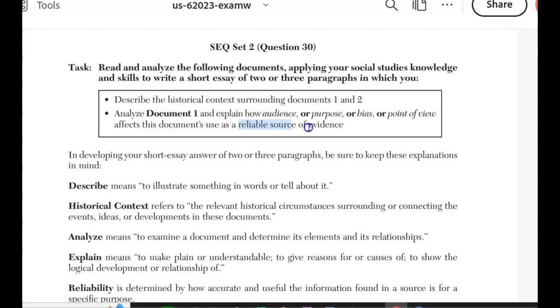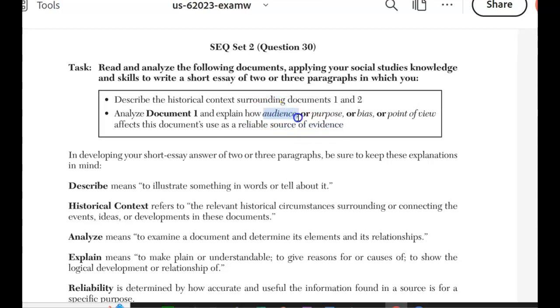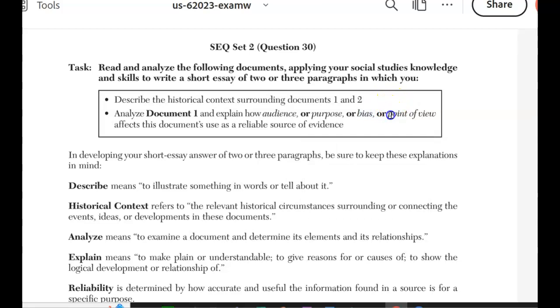Second, you must talk about whether or not it is a reliable source of evidence. And usually the answer will be a little bit subtle. It's reliable in one way, but not necessarily in another. You must also explain what makes it reliable or unreliable. Audience. Who is this document being written for? Purpose. Why is it being written? Bias. What is the presumption of the writer based on what you know historically? And point of view, how are they